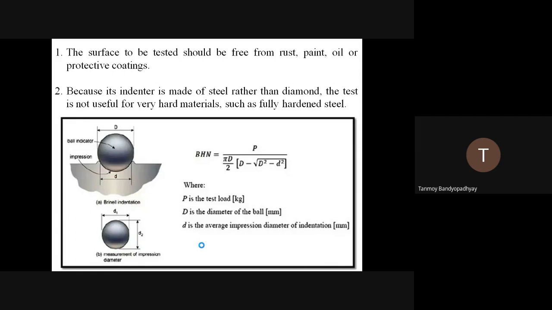Whenever you are testing some specimens, there has to be some specimen preparation. As part of the specimen preparation, you have to remove any dust, oil, and anything like that which hampers your measurement value. Whenever I am measuring the indentation depth or diameter, the surfaces have to be smooth. The rust, paints, everything has to be removed. This is a very basic surface preparation that you have to follow before doing any hardness test. Just 1 minute.